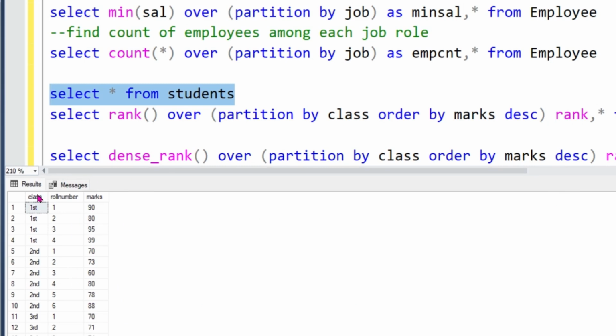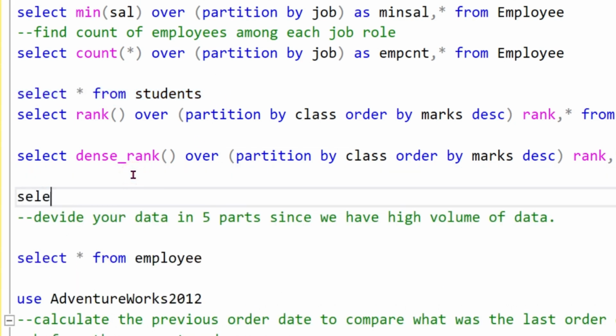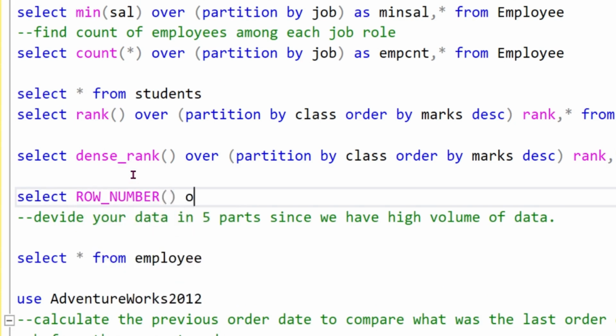So let's say based on the class number, based on the roll number, if we want to see if there is any duplicate record or not, how will you do that? So you can use row number. Row number over